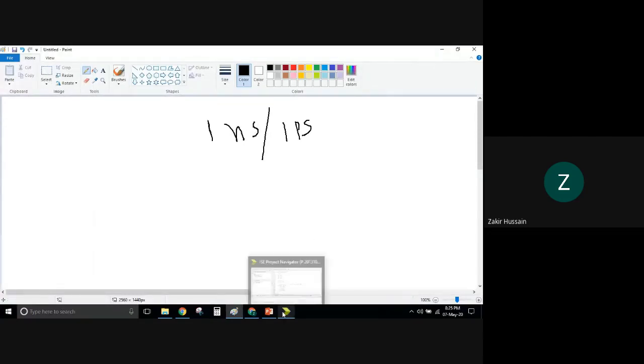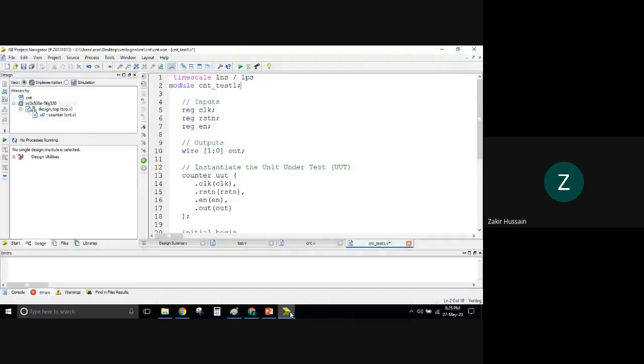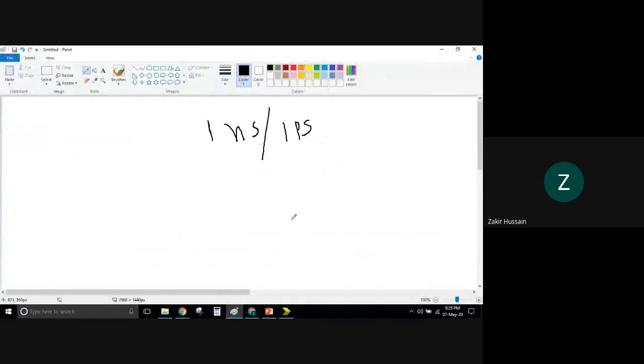Here, nano means 1 into 10 to the power of -9, whereas pico means 1 into 10 to the power of -12.